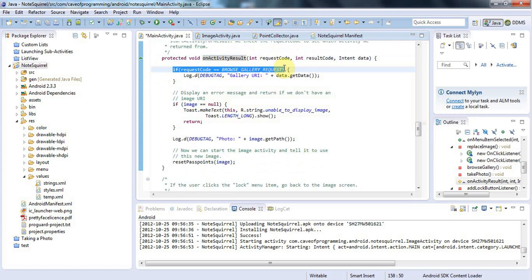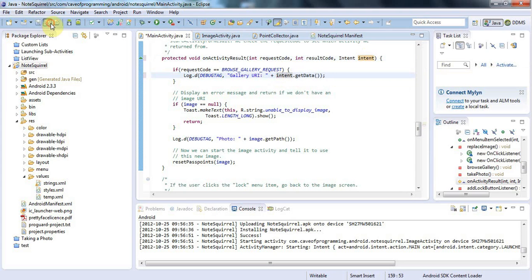request, in other words if we're returning from that activity that I just started, the gallery one, then I'm going to do intent.getData, where the intent in question is this one here that's passed to my onActivityResult. So whatever you call this up here, that's what we're talking about down here, and in this case I called it data, and I'm saying data.getData, but actually maybe it's less confusing to call it intent and then say